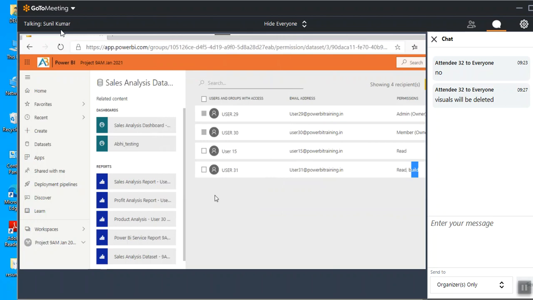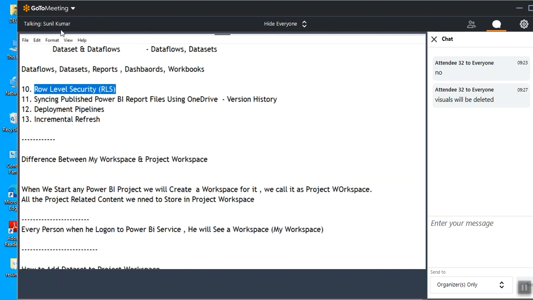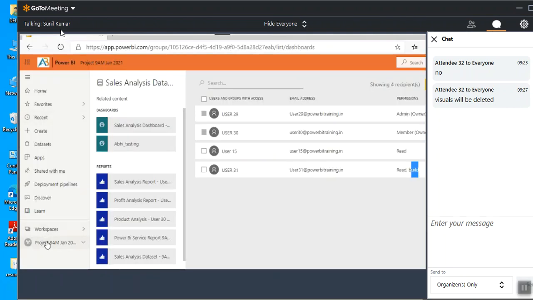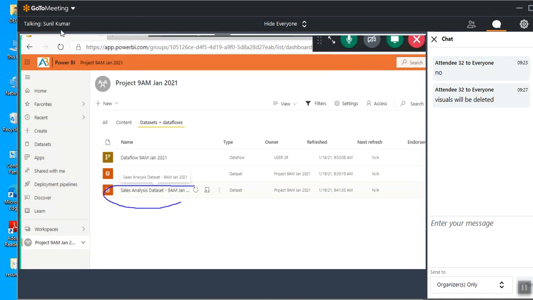There is a concept called shared data set. You can share the data set from one project's people to another project's people. We are sharing the data set to other people. Whenever you need to share the data set with other people, adding them to the workspace is not recommended. Whenever I need to give permissions just to this data set, not the complete project, I use manage permissions. When I want to give access to the complete project, go to the project and add him. When I want to just share the project data set, go with manage permissions. There you need to provide it. We call it shared data sets.